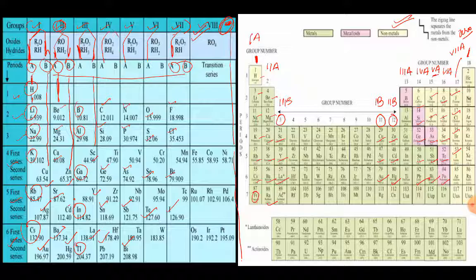Then 4B of Mendeleev is titanium, zirconium and hafnium. Move on to the fourth group. This is 4B: titanium, zirconium and hafnium. Then move on to 5B, it is vanadium, niobium and tantalum. Move on to the fifth group, it is 5B: vanadium, niobium and tantalum. Then 6B, it is chromium, molybdenum and tungsten.